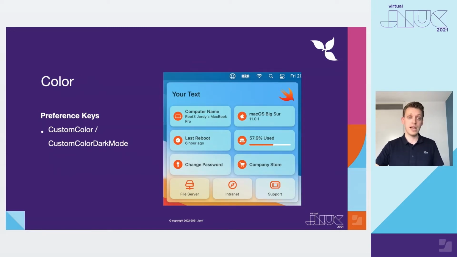By default, the app's color will honor the macOS accent color, which you can set in System Preferences. The macOS accent color is a good choice to keep as it maintains the native look and feel. You can, however, specify a custom color for both light and dark mode matching the organization's color. It's recommended to only use this when the color is not too bright or too dark, as the icons may become harder to see.